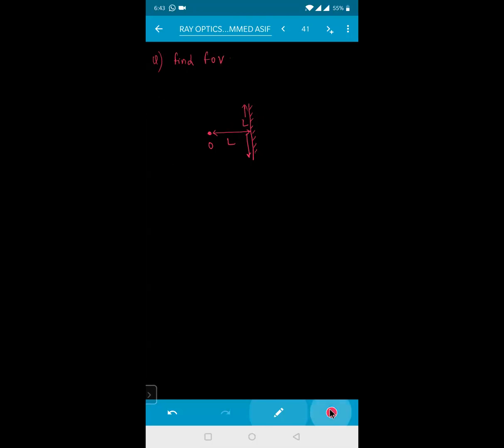Come on, tell me quickly. I told you how to do such type of problems. This is an object, so you need to draw the ray diagrams at the two extremes like this. The extended ray, whatever you are taking, this will be your reflected ray, and this one is also your reflected ray. If I extend this reflected ray, they will be meeting somewhere here right now, and this is your image formation I.